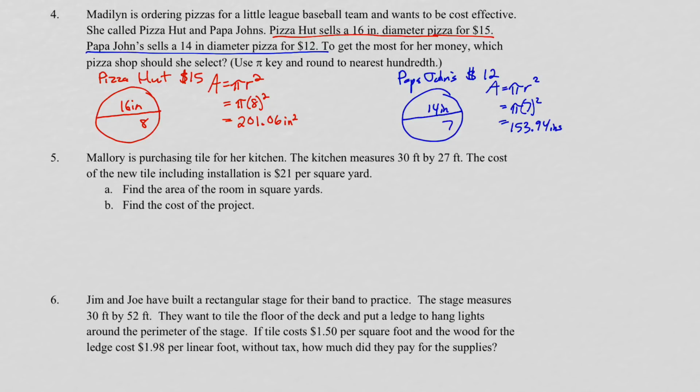So price per square inch is going to be, so cost is going to be $15 divided by 201.06, which gives us 0.075. Okay, per inch squared. So it's about 7.5 cents. Okay. Let's see how much Papa John's is. $12 divided by 153.94. So this is going to give us,